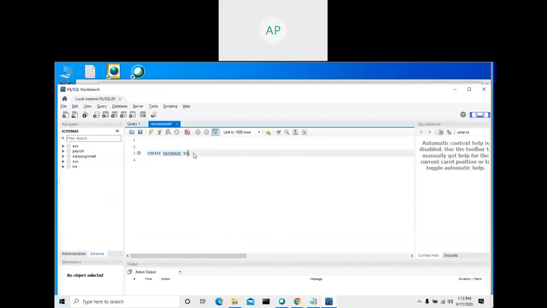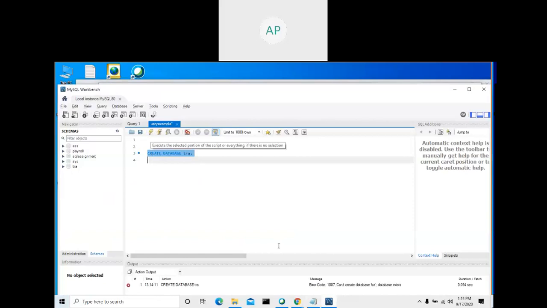Let me create one called training. Choose this one; if you double click, then you can select it. See here: execute the selected portion of the script. You need to execute. When you create a Java program, you run it, right? Same way here you are running. That is execution. How will you run? Select the query that you want, double click on it.